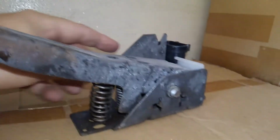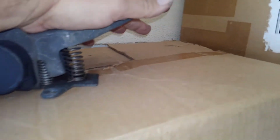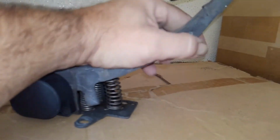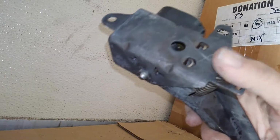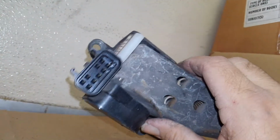Now, why would you need a sensor motor built into a gas pedal assembly? So this is the first generation, or the first iteration, when Corvettes went to a throttle-by-wire system, okay? If you look at it closely, there's no cable connection from the gas pedal to the motor on this. You can see the spring pressure is pretty heavy on this. This was the first throttle-by-wire, like what the aircraft used, and this is applicable for 1997 to 2004 and up